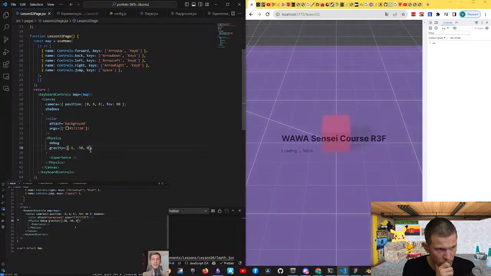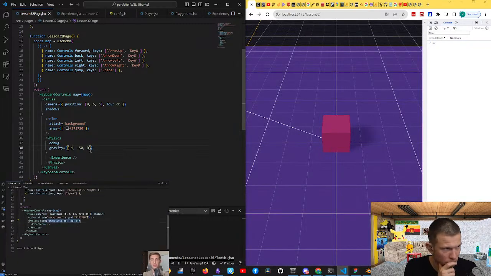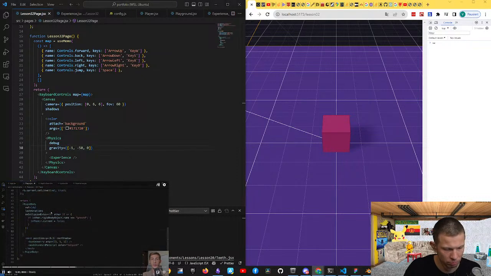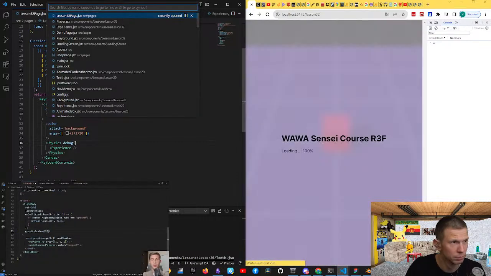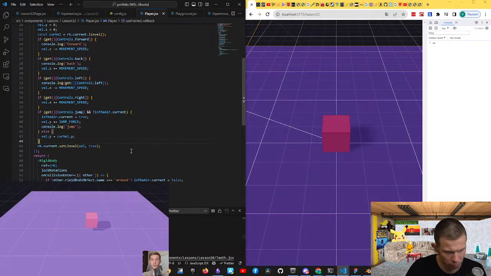But as I said, the default gravity is correct. Let's keep it. Instead, we will just change the behavior of our player. To do it, we can change the gravity scale and multiply it a lot, so 2.5. If we try to move and jump,